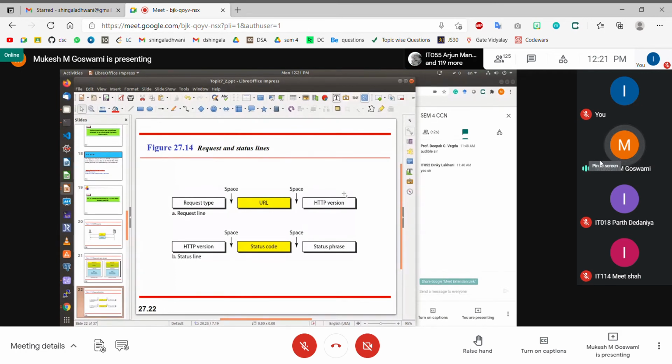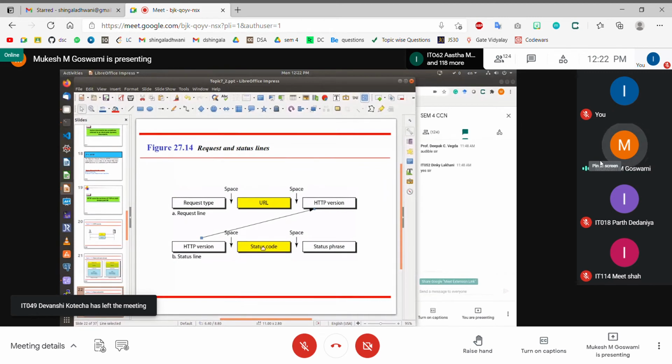Now let's see what the server has to send back to the client, right? The server will send back to the client the HTTP version. So the HTTP version here and the HTTP version here, both should match, right? Then it is possible for you to interpret or see this content appropriately, right? So the server will check what the HTTP version is, and based on it, it will generate the response, and it will tell the client that okay, I am generating a response as per this HTTP version.